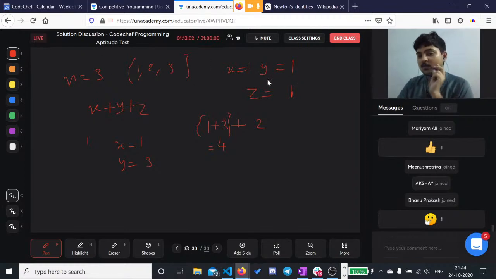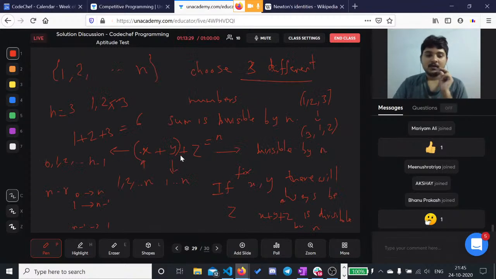So if I fix x and y, there will be exactly one value of z that will make x plus y plus z divisible by n. You can work around with examples. So let's say x is 2 and y is 2. Then I can choose z equal to 2 to make x plus y plus z divisible by n. The reason is that